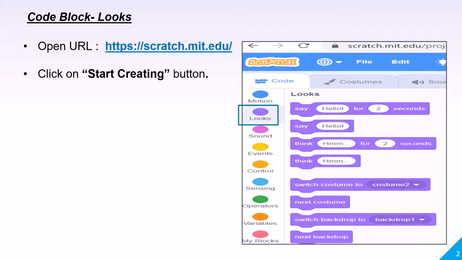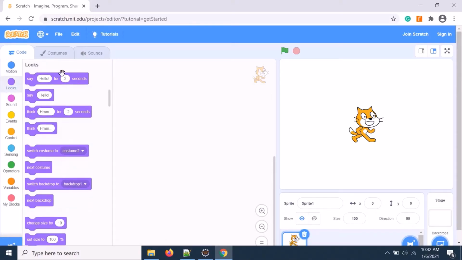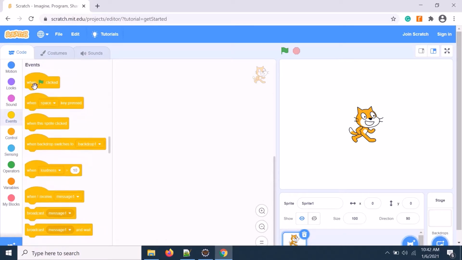On the left hand side under the code, you need to click on Looks. All the looks related code blocks will appear, so we'll discuss each and every one in detail. Click on Looks. Here are the different blocks of looks, and let's create one starting event, and